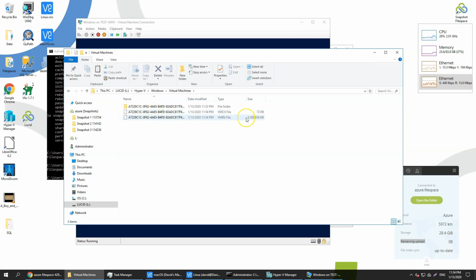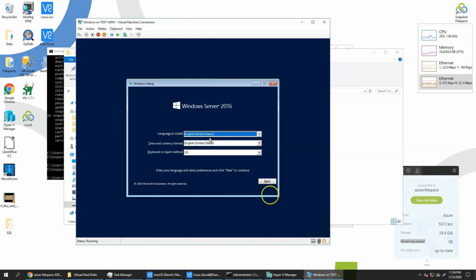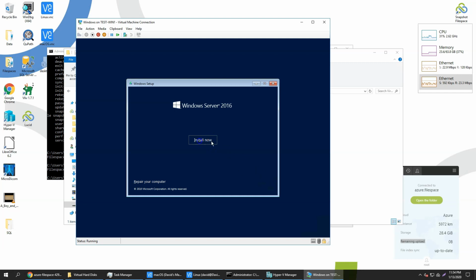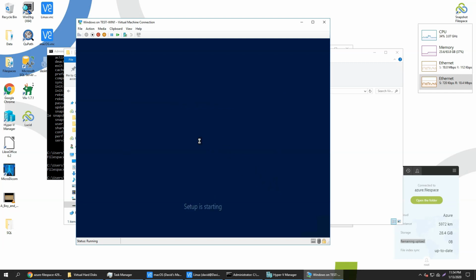Now, of course, that is a sparse file, so nothing uploaded at that point other than what will be in the VM state when we start using the virtual machine. If we move to our virtual hard drives, we can see our VHDX file, and we can begin and kick off the installer, where we'll do a very basic and quick install,